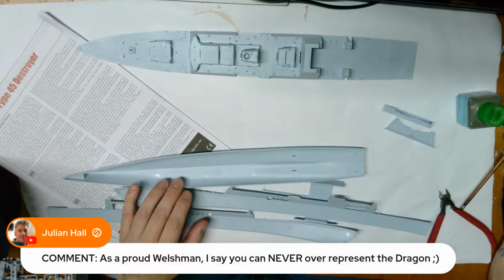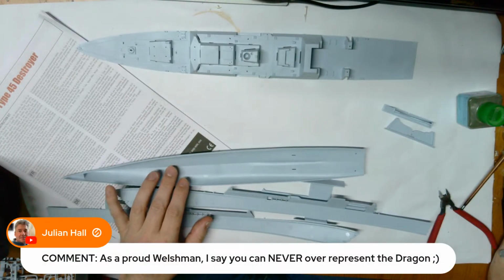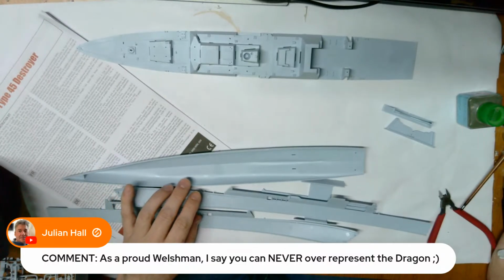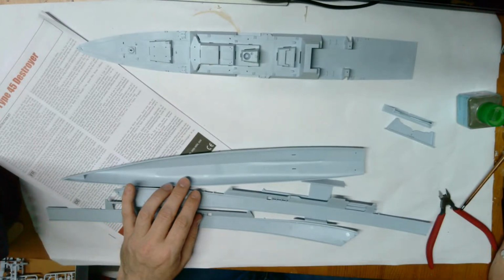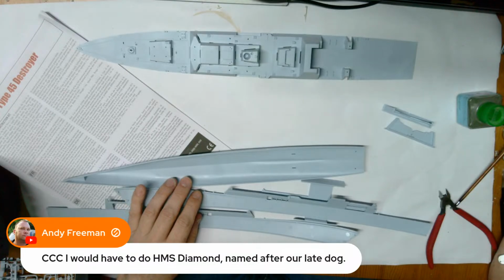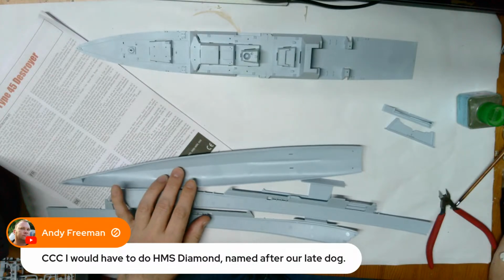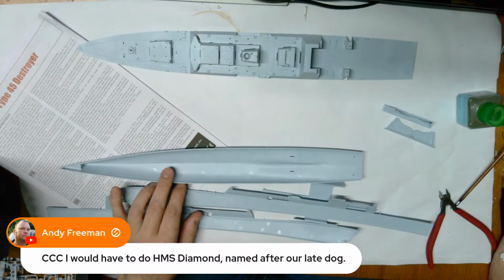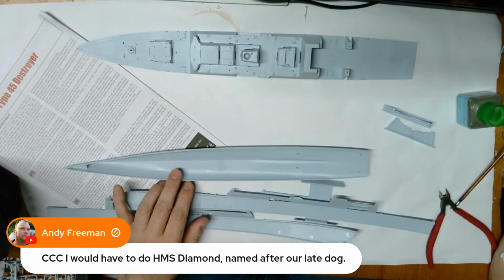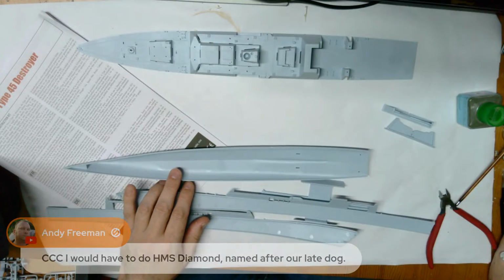Julian said, as a proud Welshman, sorry, I'll say it again with my teeth in. As a proud Welshman, I say you can never overrepresent the dragon. Of course. I would have to do HMS Diamond, named after our late dog. Well, I assume you mean that your late dog was named after HMS Diamond, or Diamond has the same name as HMS Diamond. Not that HMS Diamond was named after your dog, right? I mean, if that's the case, that's pretty cool, but...